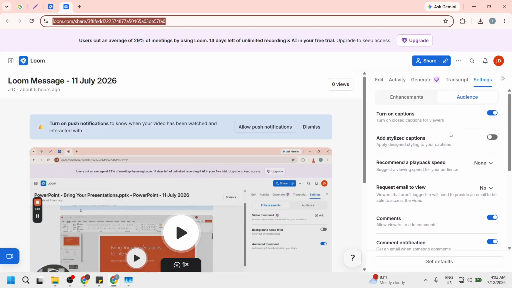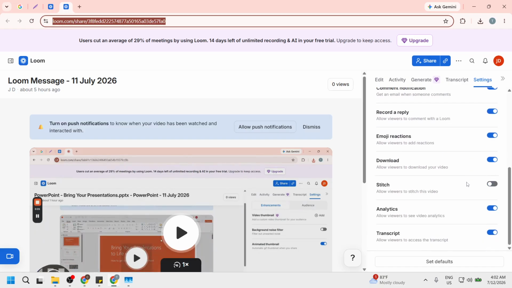This action allows viewers to download the video, which might be what you need to access the download feature yourself. By enabling downloads, you ensure that the necessary permissions are granted, which helps avoid any restrictions that could prevent downloads. Remember, this little step can save you a lot of hassle later.